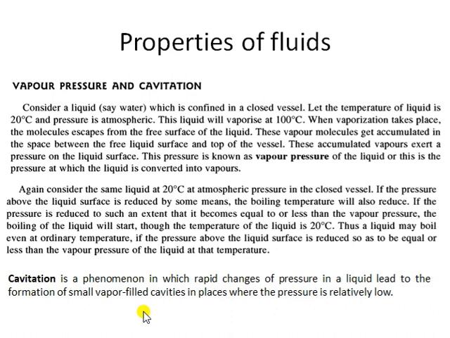Those solid particles will be removed due to bursting of the bubbles, erosion, and because of which there will be pitting, a depression created on the solid surface, which will reduce the strength of the surface. It may make small holes, small cavities on the solid surface. That formation of cavity due to bursting of bubbles, which is formed due to pressure reduced to the vapor pressure within the system, is called cavitation.